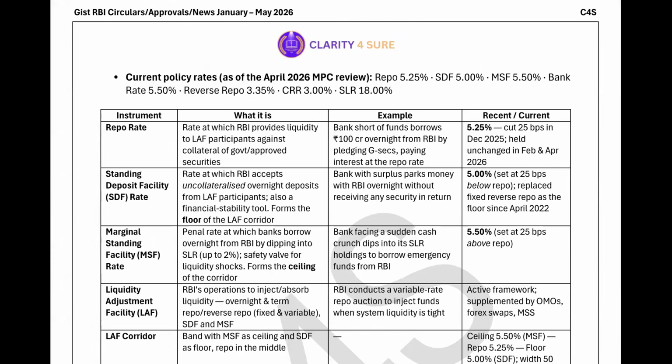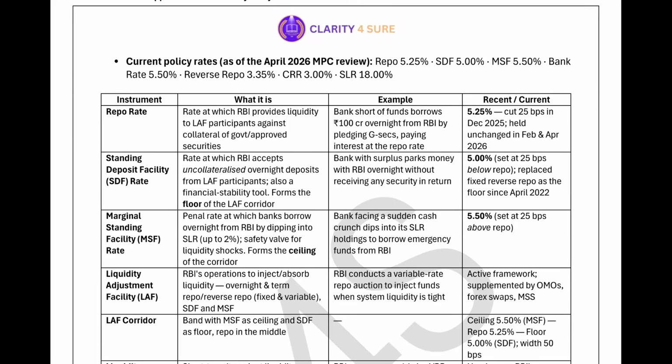That is करंट पॉलिसी रेट्स एज ऑफ अप्रैल मॉनेटरी पॉलिसी कमेटी में भी 5.25 ही है। एमएसएफ मैंने बताया था 0.25 बढ़ जाएगा, देखो इट इज ग्रेटर देन रेपो, राइट। एसडीएफ मैंने बताया था इट इज जस्ट चेंज ऑन द बिहाफ ऑफ रिवर्स रेपो रेट, ये 0.25 घट जाएगा, ठीक है। बैंक रेट 5.5, रिवर्स रेपो रेट, अब रिवर्स रेपो रेट 3.35 रखा गया है, बट अब ये कोई यूज नहीं करता, प्लीज ट्राई टू अंडरस्टैंड। एसडीएफ को ऑन बिहाफ ऑफ यही रखा गया है। इसमें कोलेटरल आरबीआई नहीं देता, इसलिए इसमें परसेंटेज 5% है।